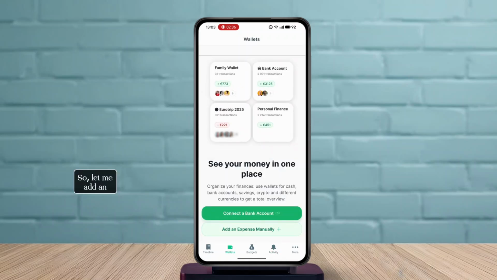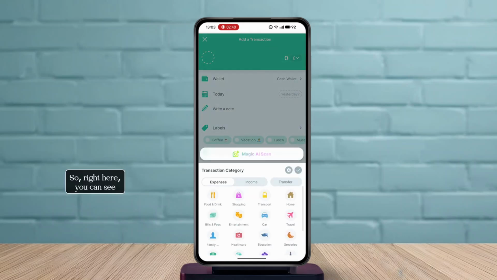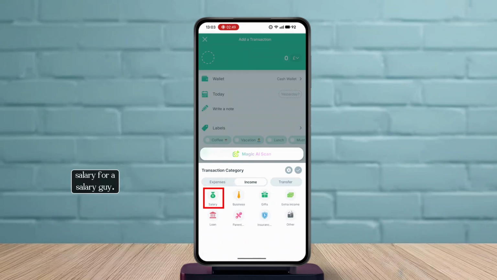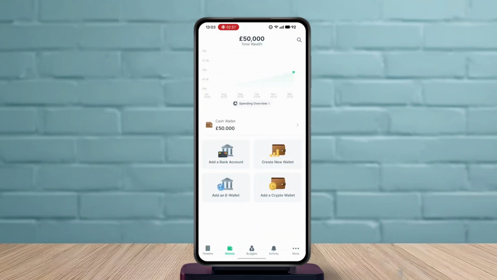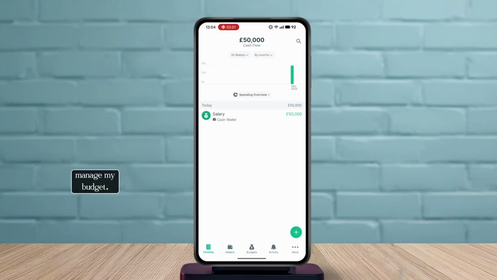So let me add an expense manually. Right here you can see what I want my expense for. So let's say I'll just go to my income, tap on my salary if you're a salary guy, and let's say that I earn about 50,000. And now I will need to manage my budget. So you can tap on this plus icon